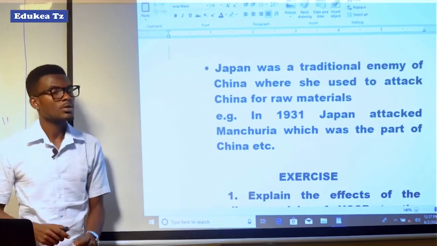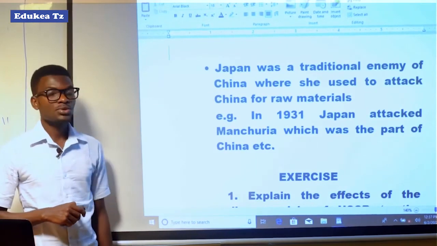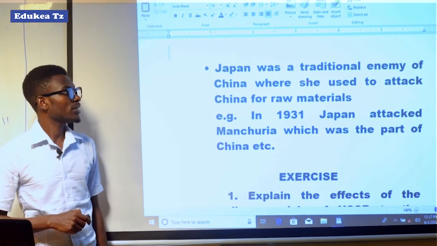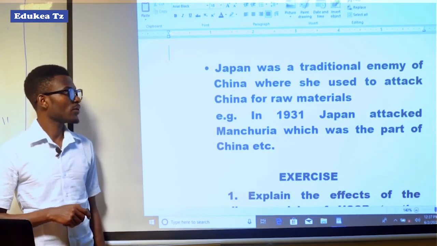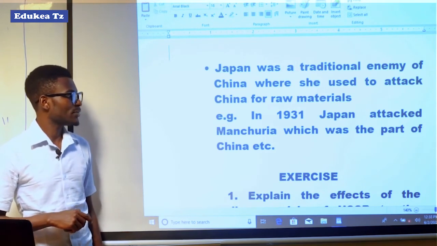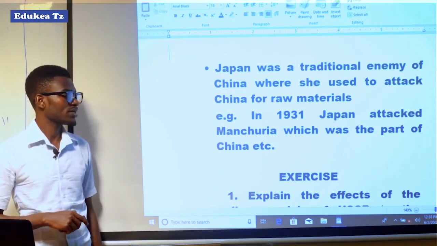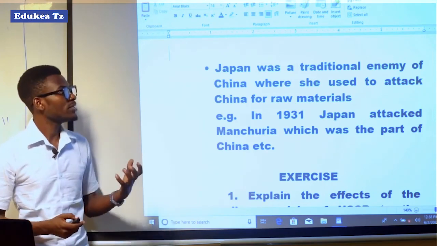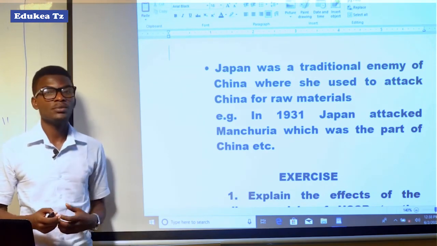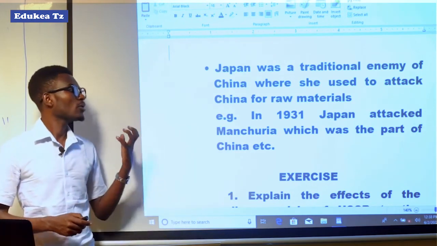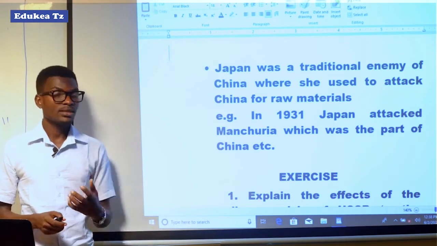And another situation is that Japan was a traditional enemy of China, where she used to attack China for raw materials. For example, in 1931, Japan attacked Manchuria, which was part of China. It means that Japan was a traditional enemy of China, where she used to attack China for raw materials. As we can take the example of